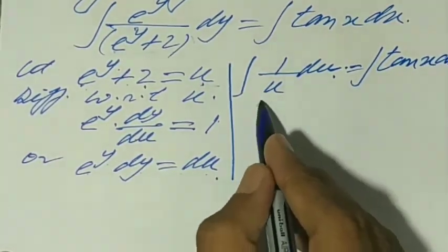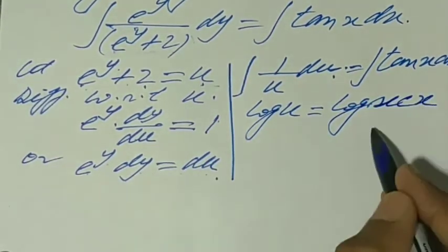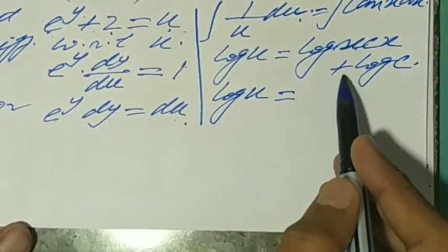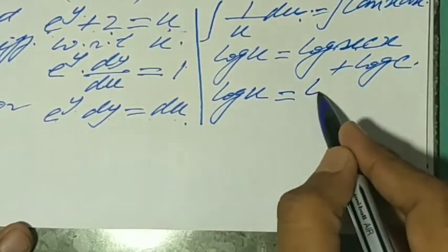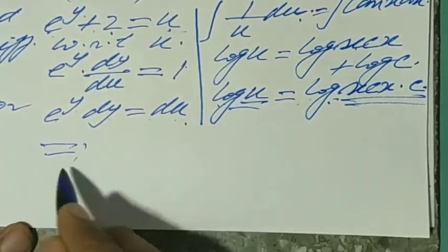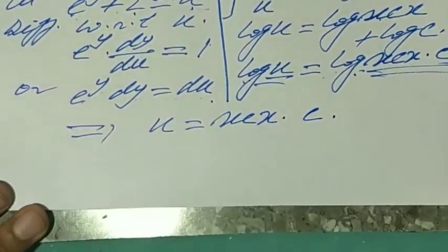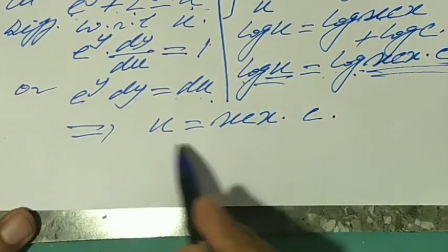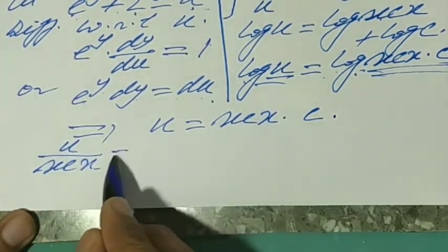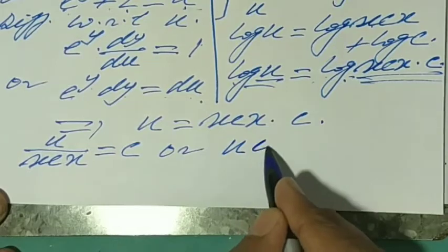Now the integral of 1 upon u is log u, and the integral of 10x is log sec x plus log c. We may apply log m plus log n as log m into n, so we may write it as log sec x into c. So it implies that u is equal to sec x into c. Now we have to transpose sec x to the left hand side, so it becomes u upon sec x is equal to c, or 1 upon sec x may be written as cos x, so we may write u cos x